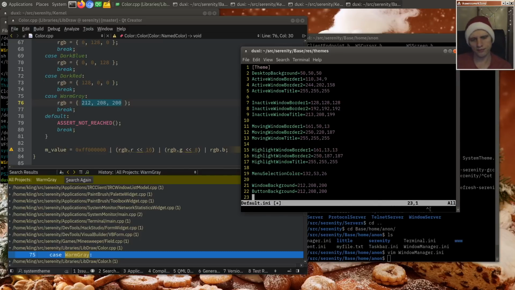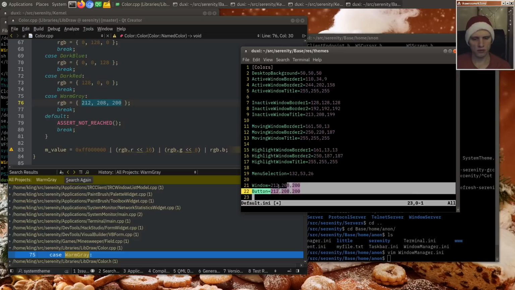Button background. I'll just call it window and button, actually. Why not? We don't have to say color everywhere, right? So we can just call this category colors. There we go. Window, button,